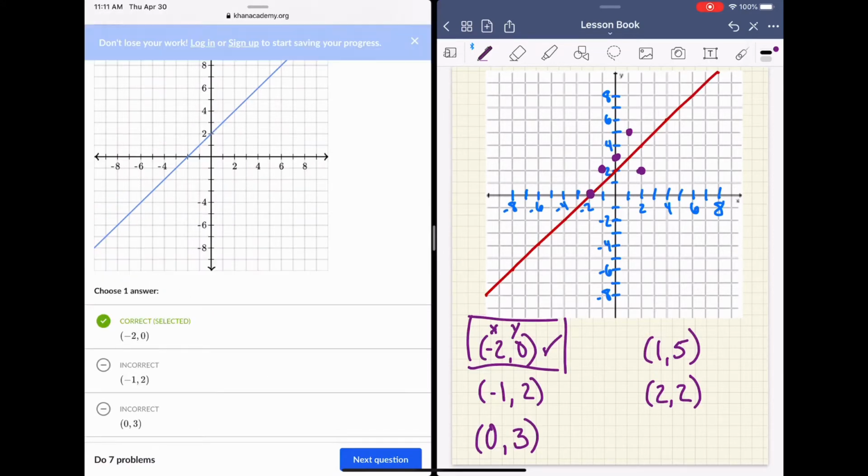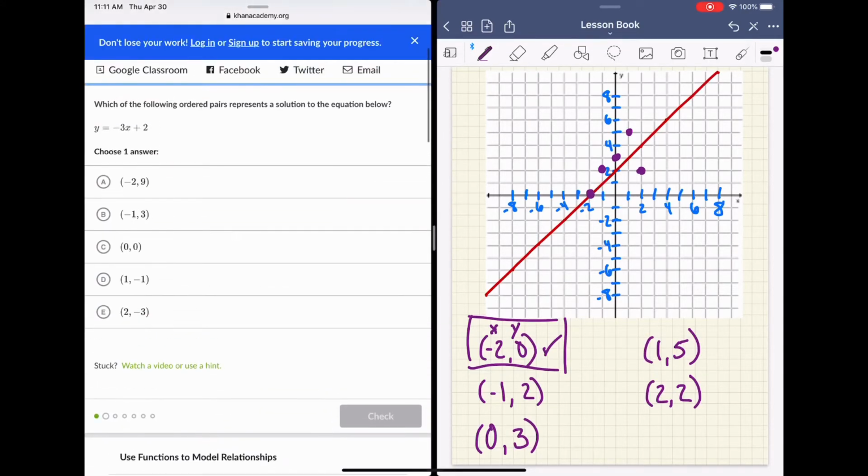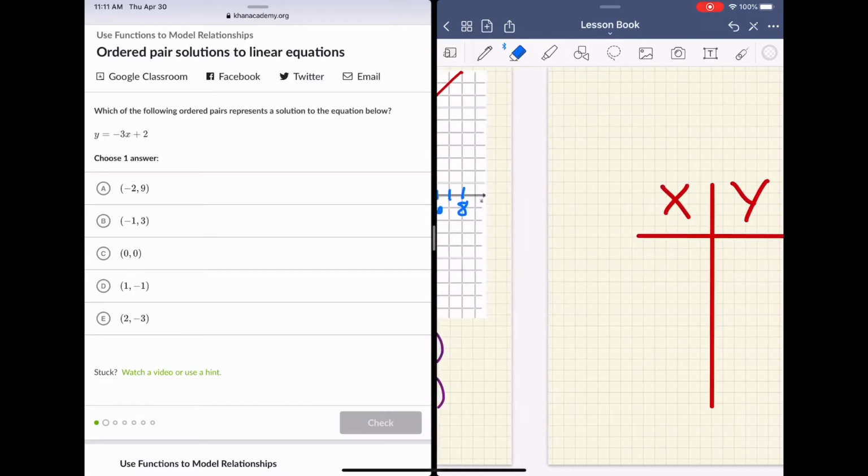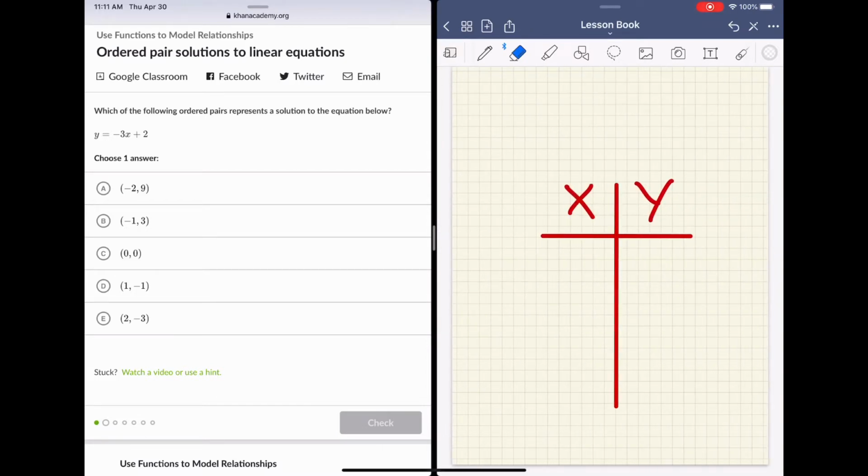Okay, so let's go to the next one here. So this one, we're given the algebraic equation as opposed to a graph of it. Now we could plug in some x and y values and graph the equation on some graph paper and then just see if each point appears on that graph. And that's always an option. But another option is to create an XY chart and see if the x values for each point satisfy the y values. So what that means is, for all the points